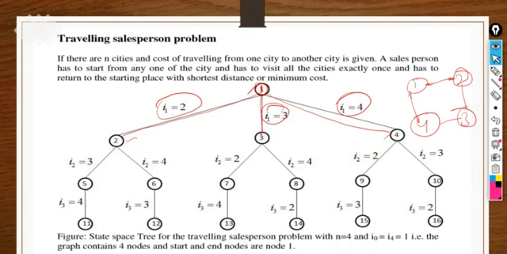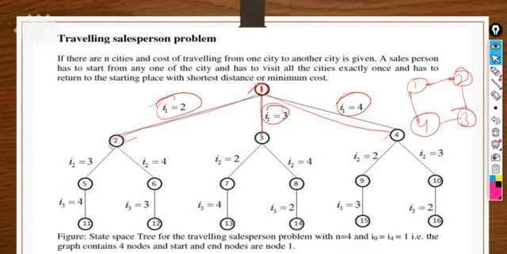Because furthermore you will see 5, 6, 7, 8, and you may get confused: only 4 nodes are there, why are we taking all these? Actually, i1 represents 2, 3, 4, which are the nodes, but these are representing the 3 nodes that we are expanding here only, right? So we are exploring this tree level by level.